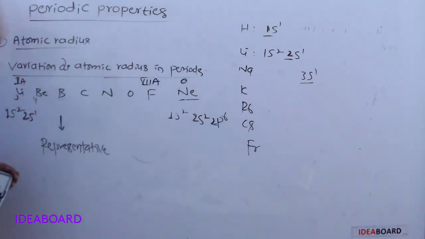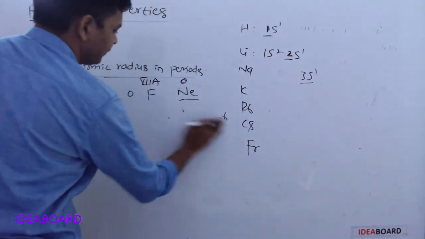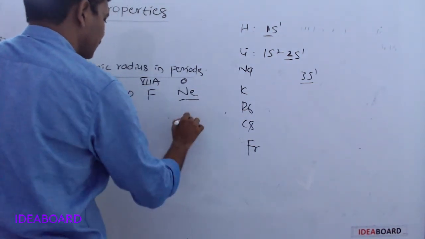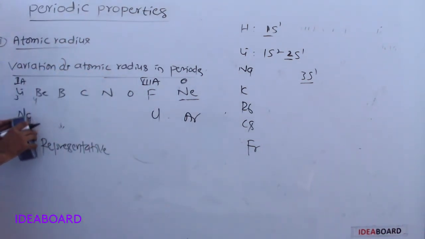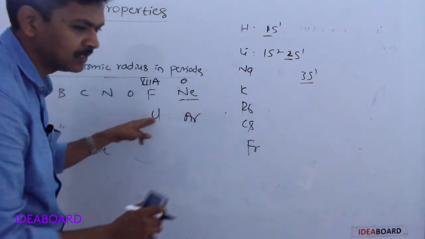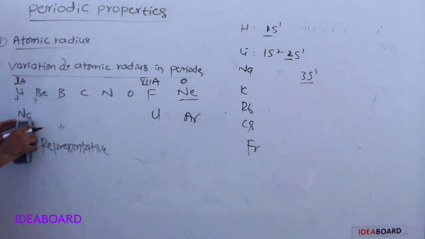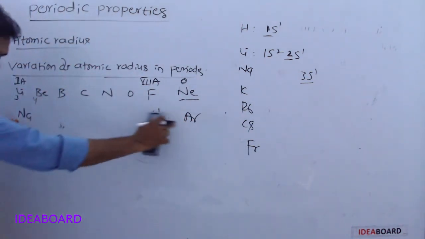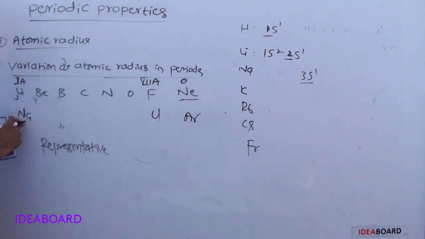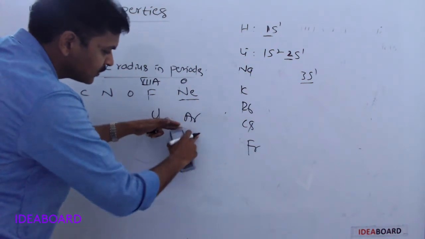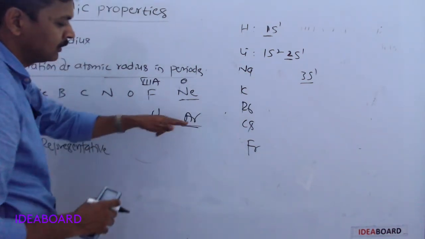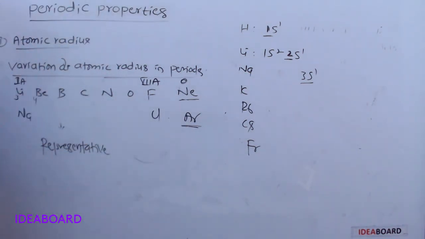If you take third period elements also, the first element is sodium, the last element is argon, and here chlorine is present. Atomic radius decreases from sodium to chlorine. Here it suddenly increases. So among representative elements, the largest atom is sodium and the smallest atom is chlorine. If you consider 0 group elements also, this is larger than even sodium.